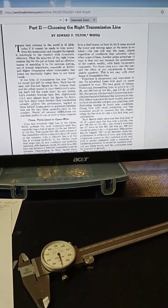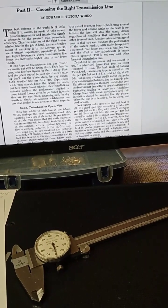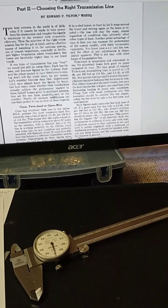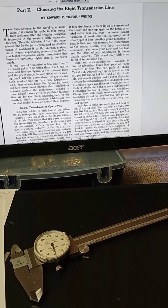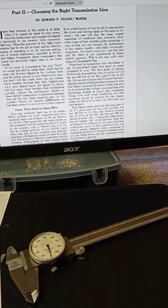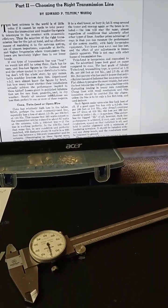Well, lo and behold, I'm not the first person to notice this. QST magazine, when there was a real ARL instead of a button-pushing ARL, and when QST was full of highly technical stuff and interesting to read. Most of it was stuff we couldn't afford, but that's a different question. But from